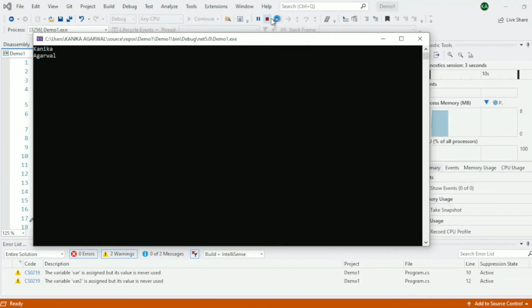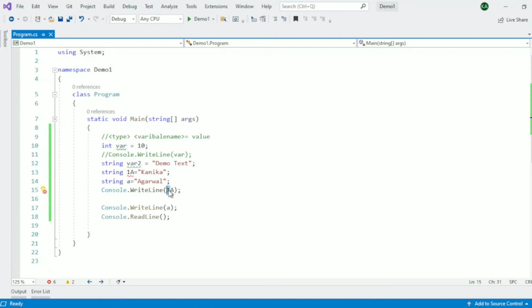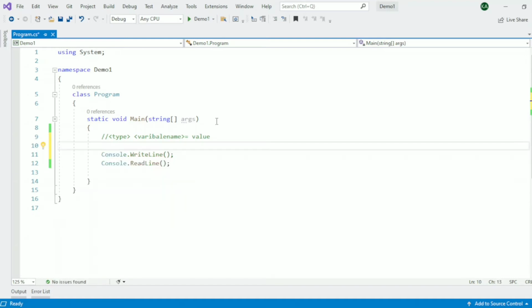Kanika Agrawal. Second rule is we can't start a variable name with a digit. We need to take an underscore or a letter to name our variable. The third rule is we cannot use a reserved keyword as a variable name.